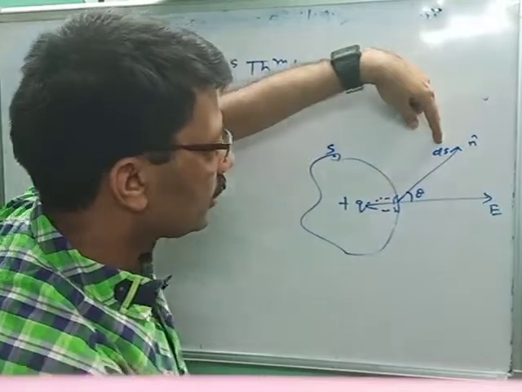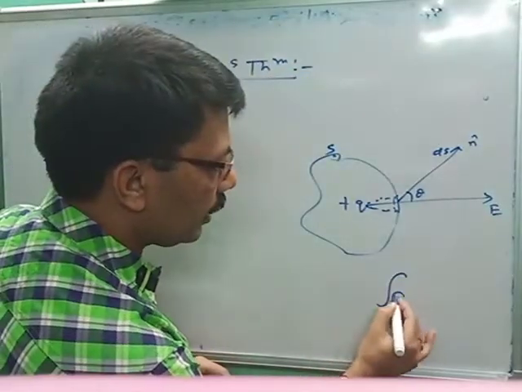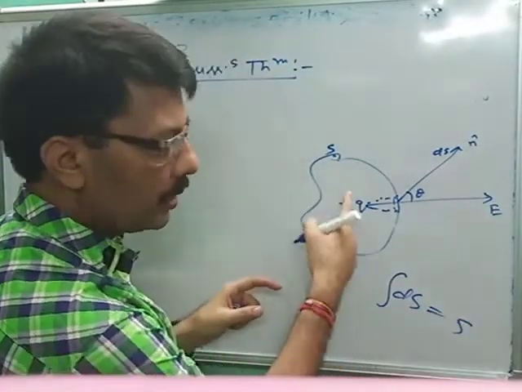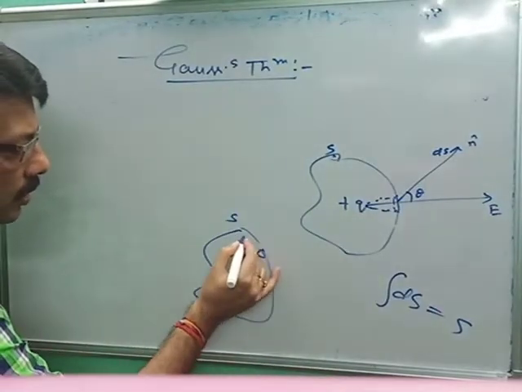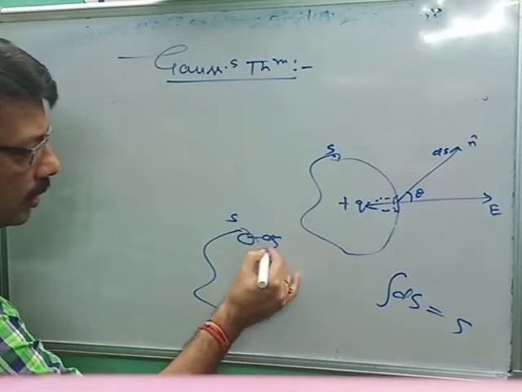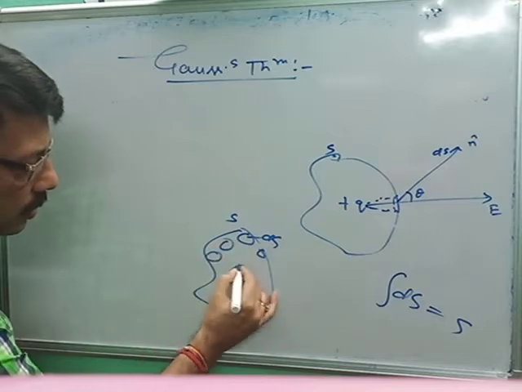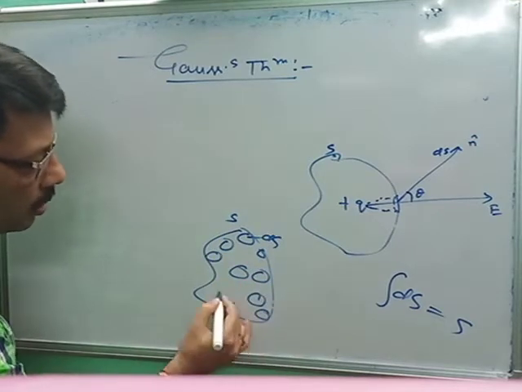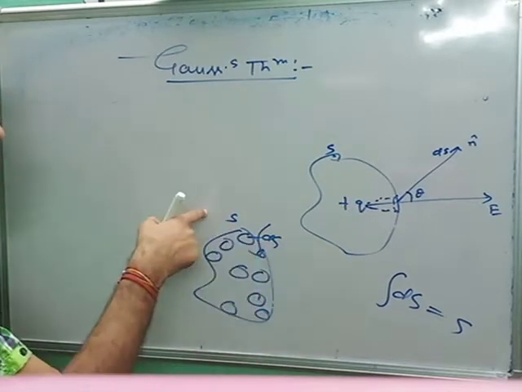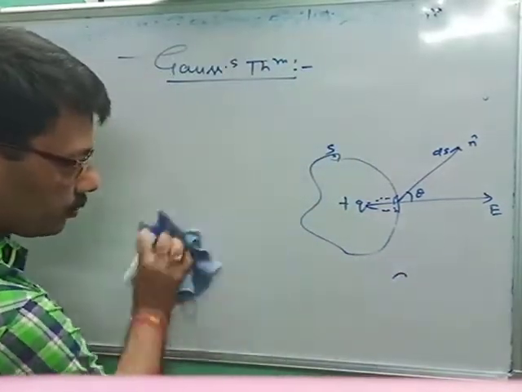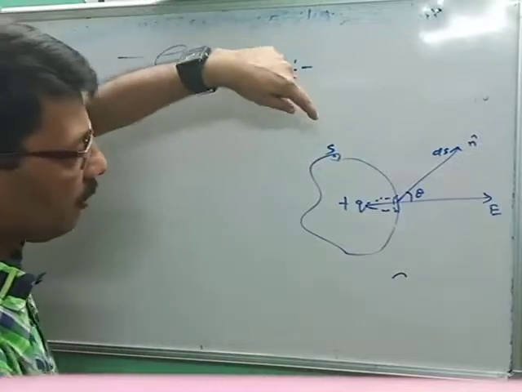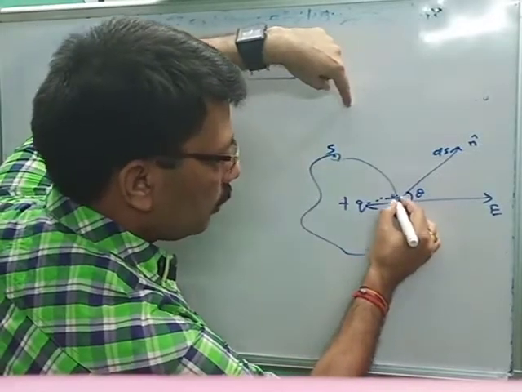Let's suppose ds is a small element of the Gaussian surface. When we integrate ds, we will get S. Let us suppose this is the surface S. This is the Gaussian assumption. ds was already taught in class 11th, and when we integrate ds, we get S. So these are the assumptions of the Gaussian surface. Okay. So the total flux passes through that small area ds.